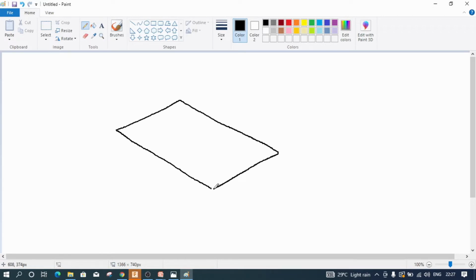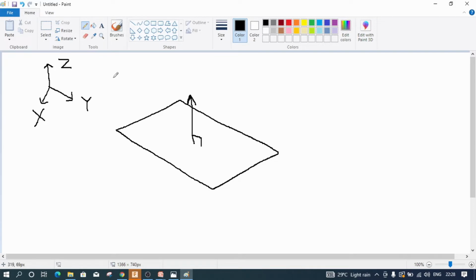So this was our XY plane and we drew a rectangle like this one. So now we'll see what is meant by extrude. Extrude means it adds material in a direction which is perpendicular to the plane of the sketch. So as this is an XY plane, it is going to add the material in Z axis. For your reference, I will draw the axis system so that you will understand it in a better way. So this is your Z axis, this is your X axis, and let this be your Y axis. So if you are drawing your sketch on XY plane and if you extrude that sketch, it is going to add material in Z direction.